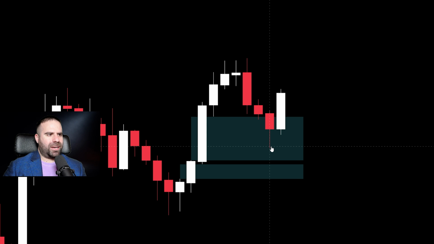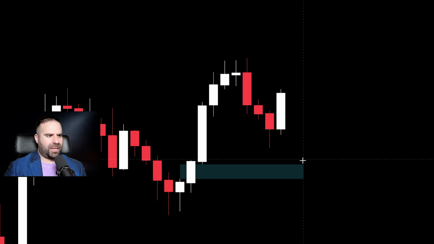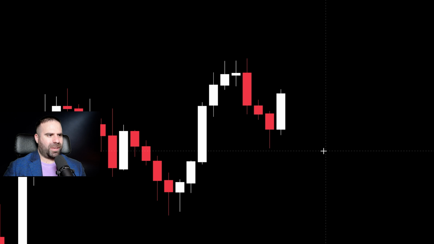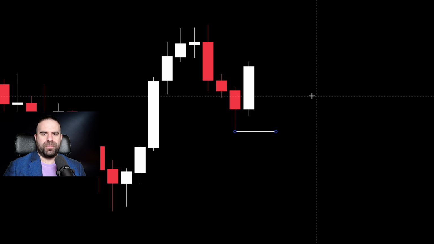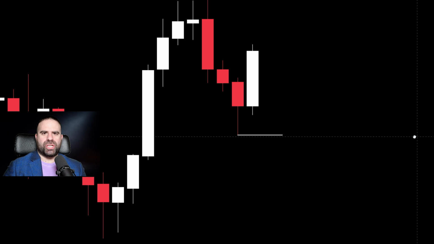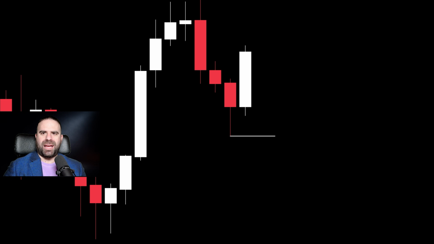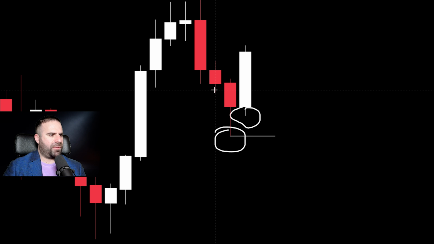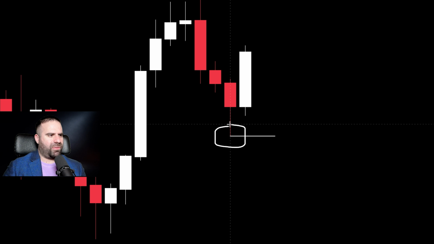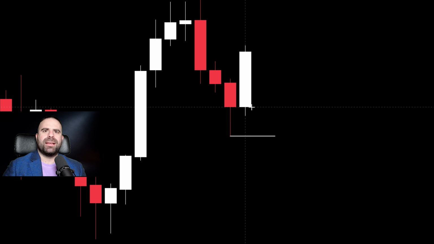And this reaction may or may not be from a fair value gap. I don't care for that thing to be created. What is that thing that I'm looking for? For a proper low to be created, guys. This right here is a low that is lower than the low of the candlestick to its right, and it is lower than the low of the candlestick to its left, as you can see up there. Meaning that this becomes a valid low on the 15-minute time frame.